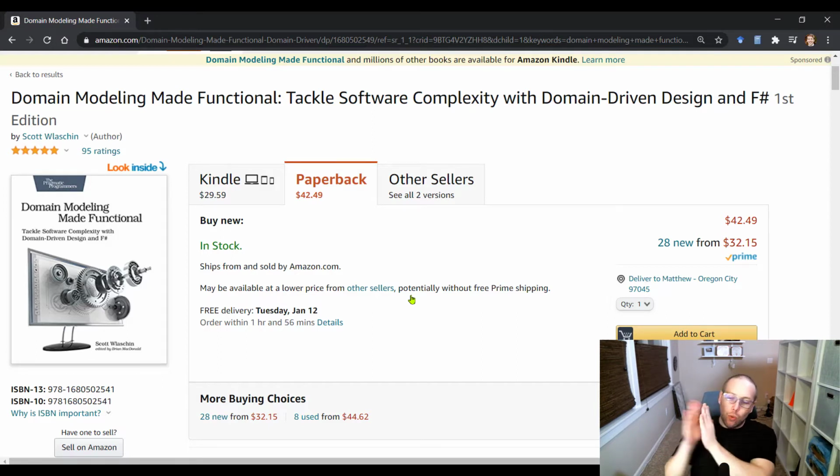So right after Stylish F#, I immediately put this into someone's hands because I want them to start thinking in this way. Like, what are the natural boundaries in the system? Because it is so critical that we create these really strong boundaries so that we can limit the amount of context required to reason about a problem. I know I threw a bunch of highfalutin words out there, but